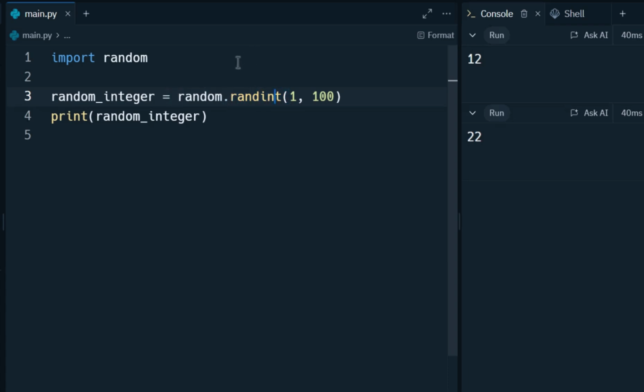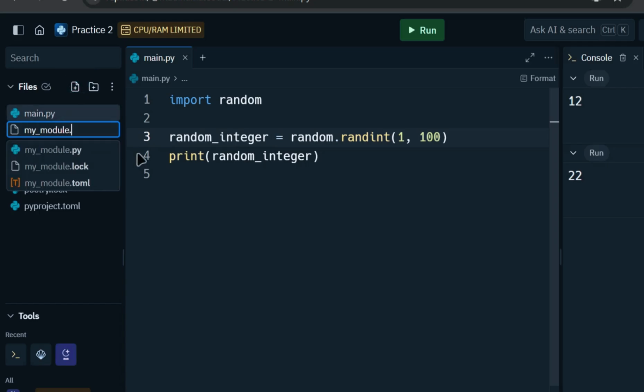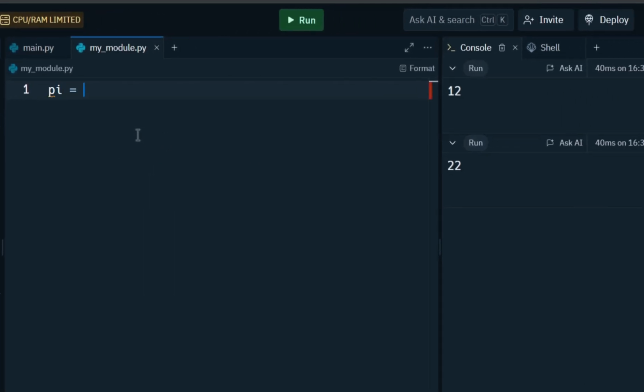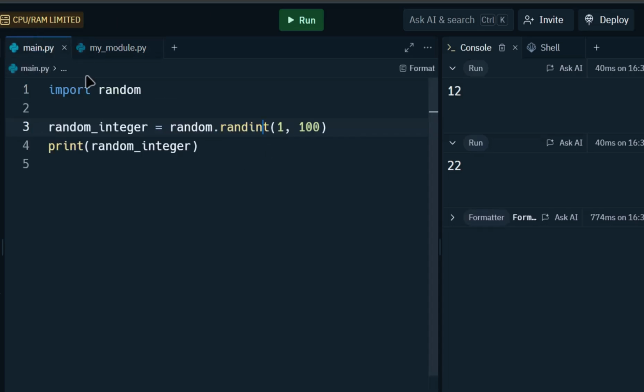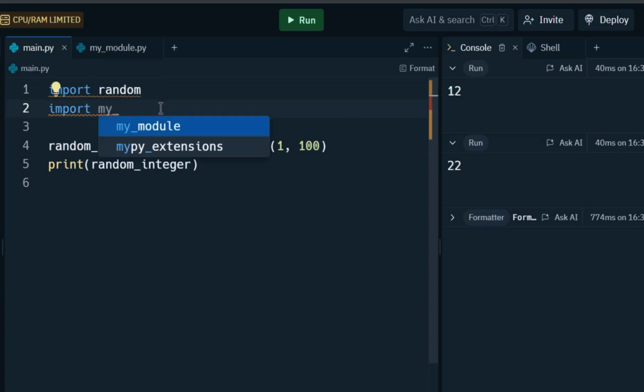We can also create our own modules. For example, if we go over here and create a new file and then name it my_module.py, and in here we will store the first 4 digits of the value of pi, so 3.1415. Now we will save it, and if we go back to our main.py, we can actually import my_module,